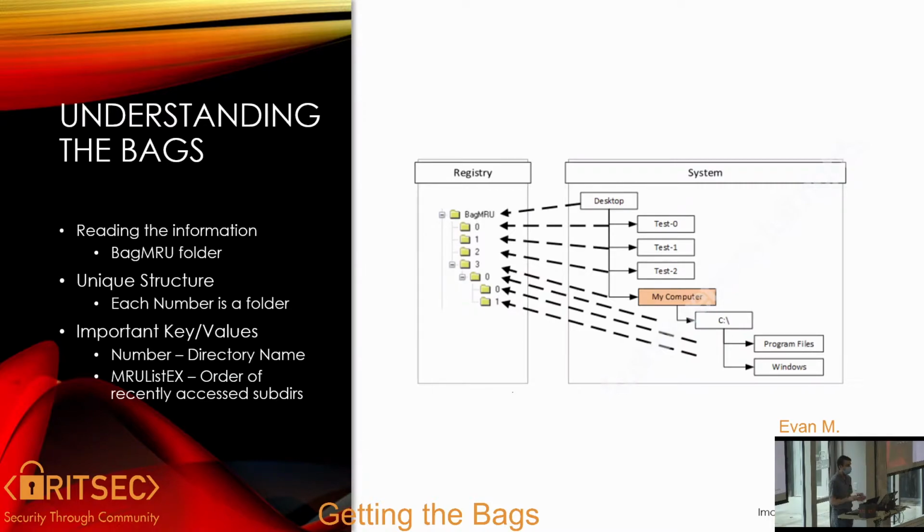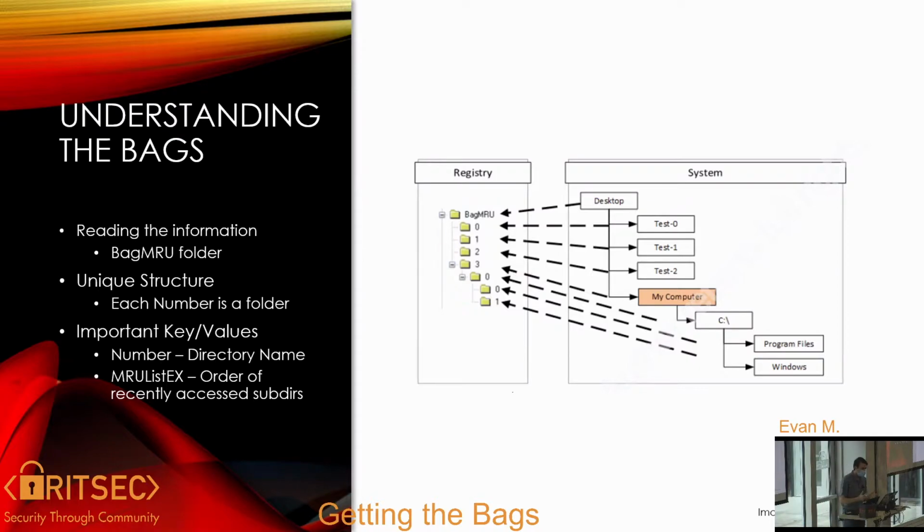Now we need to understand the structure of these bags. The folder of importance is BagMRU. You'll find that there are two folders when I pull up the demo: BagMRU and then Bags. BagMRU is the one of importance because it's the structure of every directory that the user in question has accessed. You see a bunch of numbers here. Each number represents a folder. It's not named because the name is actually stored within the key as a value in hex itself. But it's a hierarchical